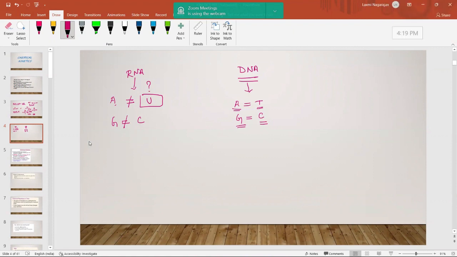Here in DNA, adenine is only connected to thymine, ma'am. In the same way, guanine is only connected to cytosine. But here in RNA, that is not correct, ma'am. Maybe adenine can connect with any other adenine or some other groups, ma'am. In that way, the adenine number is not equal to uracil, and the guanine number also is not equal